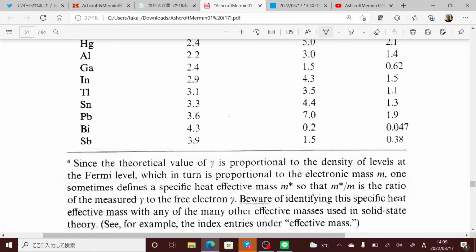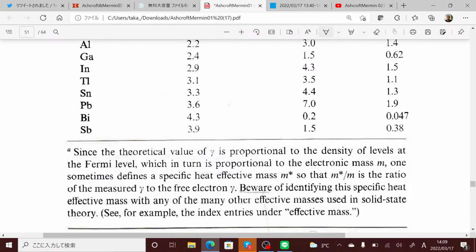Since the theoretical value of gamma is proportional to the density of levels at the Fermi level, which in turn is proportional to the electronic mass m, one sometimes defines a specific heat effective mass m star so that